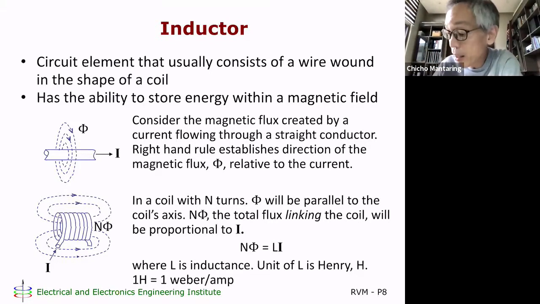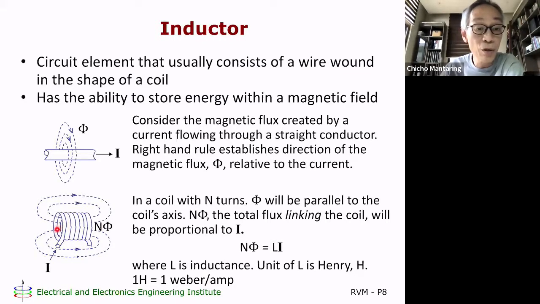Now, what happens if I decide to make this wire a coil? So, like here, this wire, I made into a coil. I wound it this way. And you make it a tight coil so that there is no space in between your turns. If I make a current flow through the coil, the direction of the flux will be along the coil axis. Of course, it will go through the air and go back in. But it will be concentrated here in the